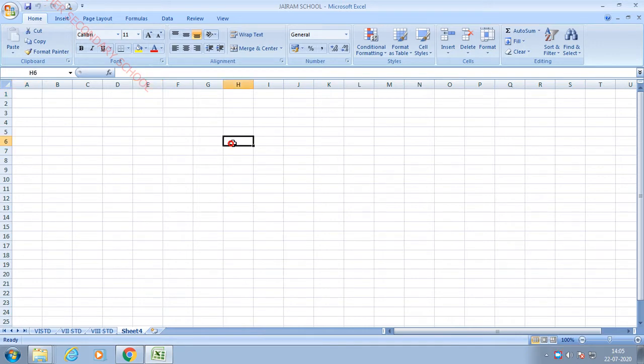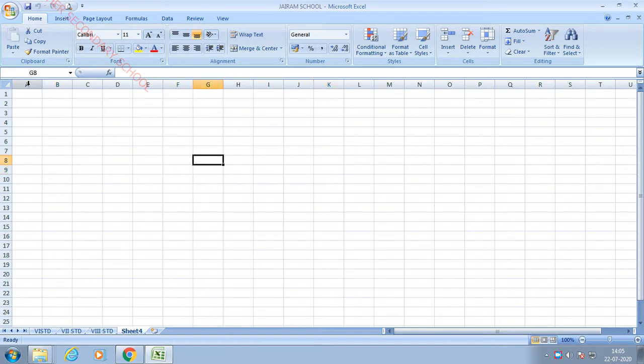Okay, so next let us see what this is. It contains a collection of grids or cells. So what is meant by a cell? A cell is the intersection of rows and columns. By default, the cell pointer will be in cell A1. But if you place the cursor here, it shows the cell pointer here. Can you see the difference between this cell pointer and other cells? This will be bold compared to the other cells. Okay, this is called a cell pointer.